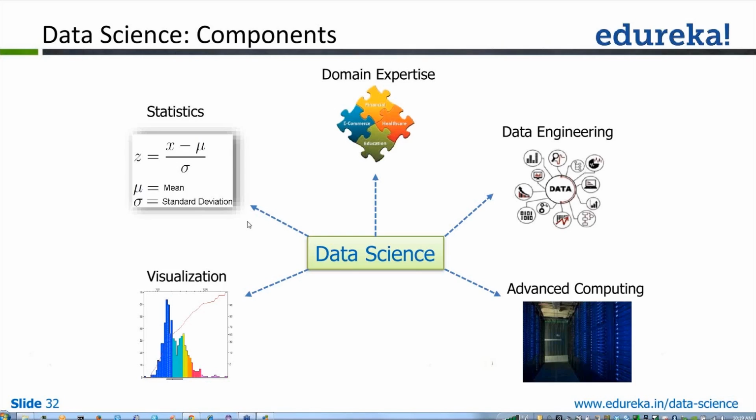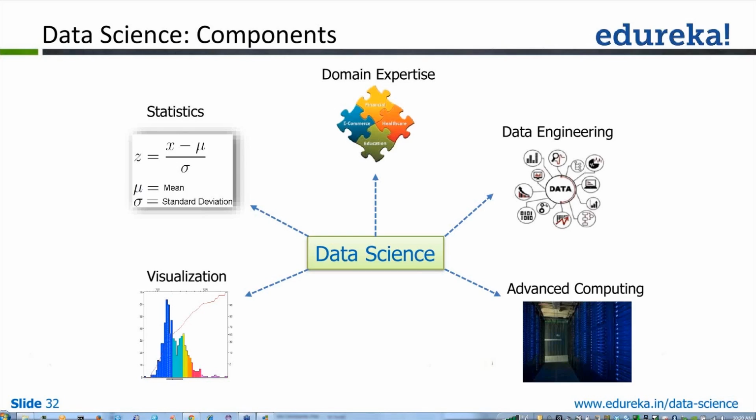Okay, if you are already working in, let's say, data warehousing, then you know about data engineering and some bit about advanced computing. Then you will go ahead and learn a little bit more about statistics and machine learning, and maybe some visualization. Or if you are working as a BI person who creates and visualizes reports day in, day out, then you want to get some knowledge about data engineering, which is the back-end processing, as well as some statistics.